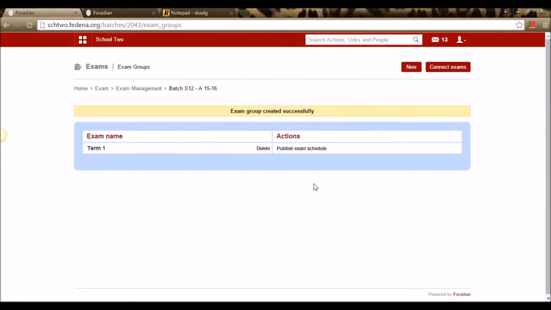I'm saving the timetable. Now the timetable is created. Now we can publish the exam schedule that we've created right now. So once this is published, the schedule will be sent to the students to their login. The student can view this timetable in their login.